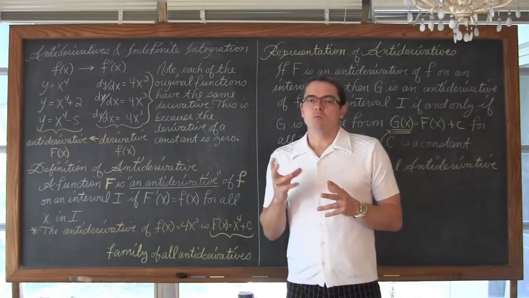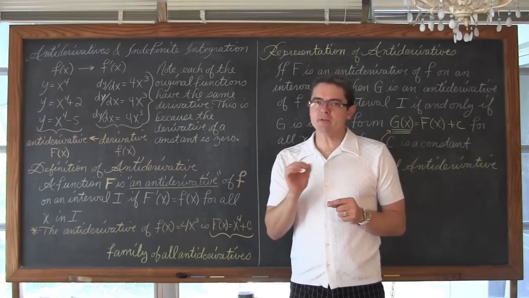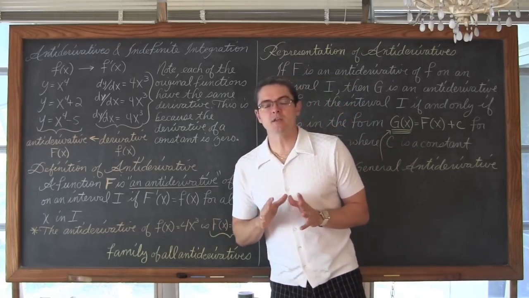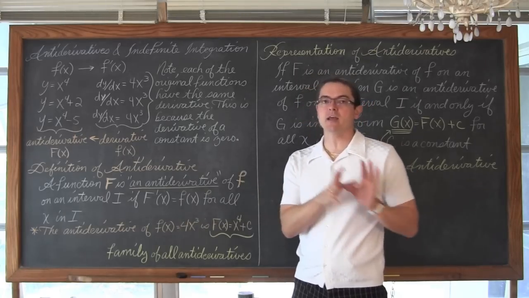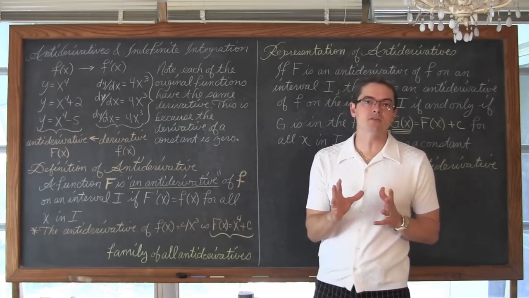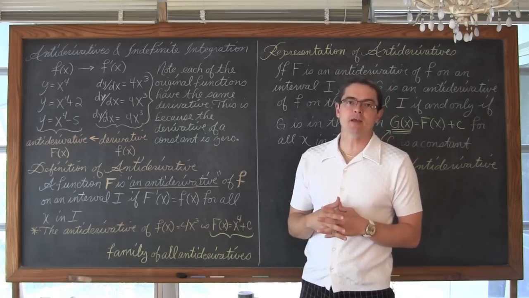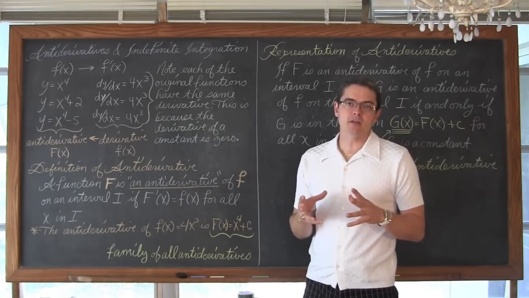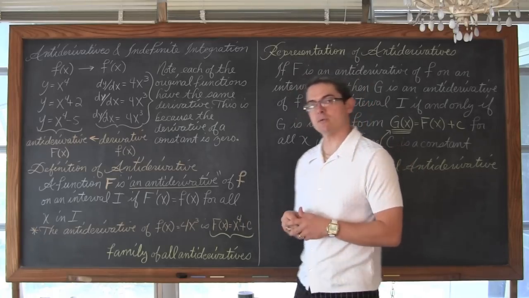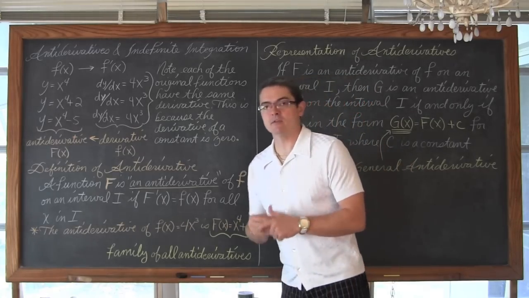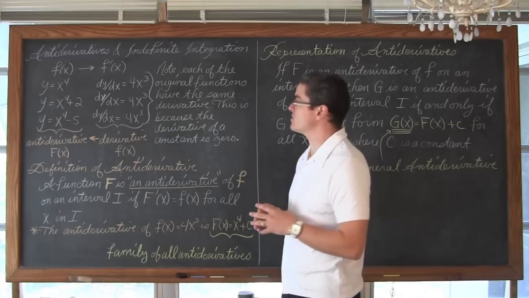Now, we are going to need a little bit of extra information, which we're not going to deal with in this video, to allow us to find the actual original function that gave us this derivative that we're trying to undo. Without that extra information, we're just going to have the ability to find the general antiderivative, which is what this video is about. Part 2 is going to be where we can find the actual original function.